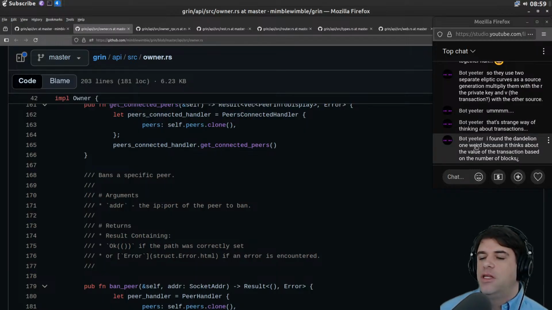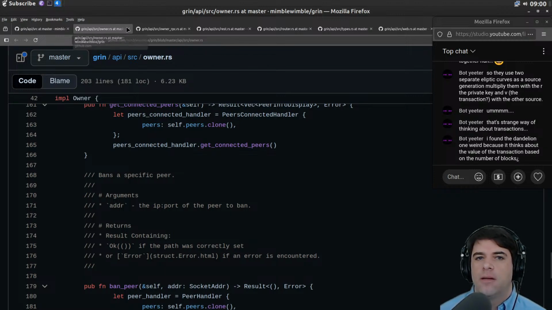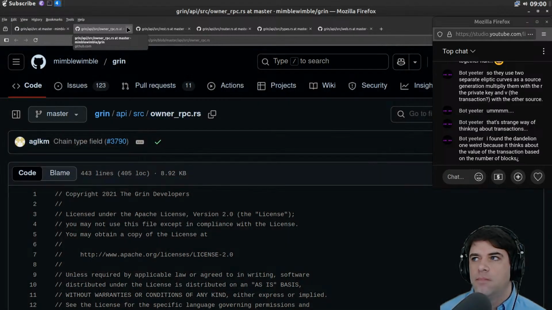Bot Eater is saying they find the Dandelion one weird because it thinks that the value of the transaction is based on the number of... I don't know if it's the number of blocks. I think it's more like, because it's supposed to be pseudo-anonymous. Let's say that you're just an ordinary person and you have a laptop or whatever with an IP address that doesn't change a lot.